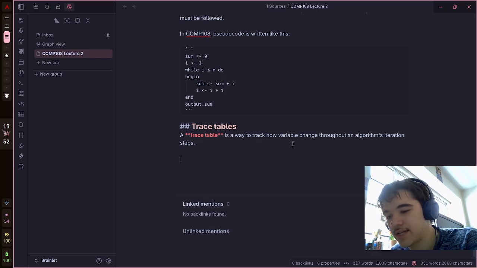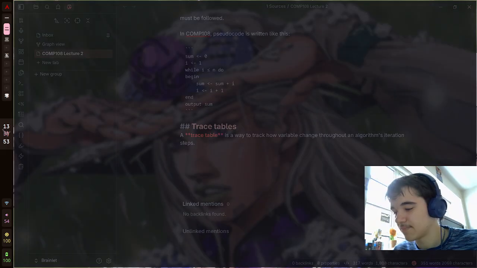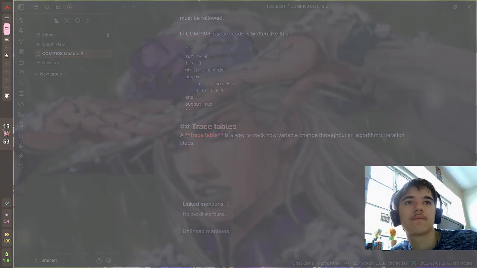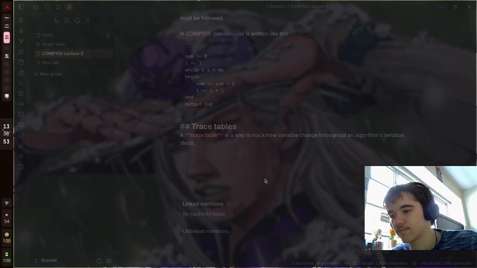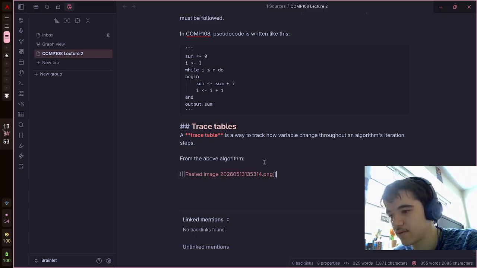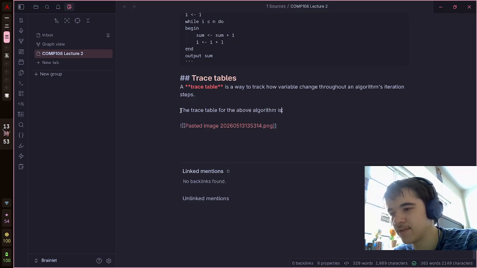So, for example, I'll take a screenshot. I can't be asked to actually make a table, so let's do print screen. From the above algorithm, the trace table for the above algorithm is,